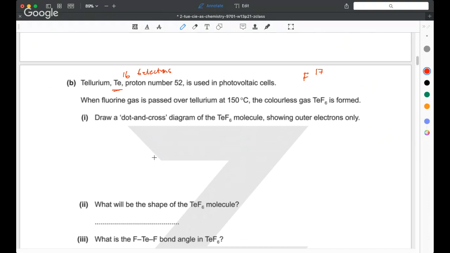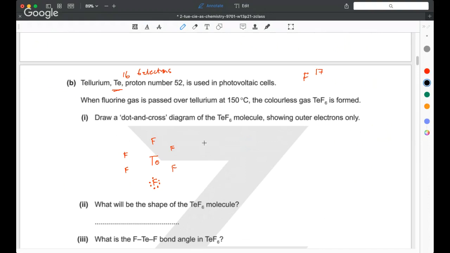Tellurium is the central atom, and you've got to arrange the fluorine atoms around that central tellurium atom. So I'm drawing them there. And we said, didn't we, that there's 7 electrons